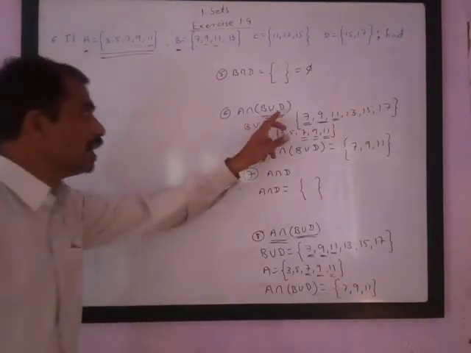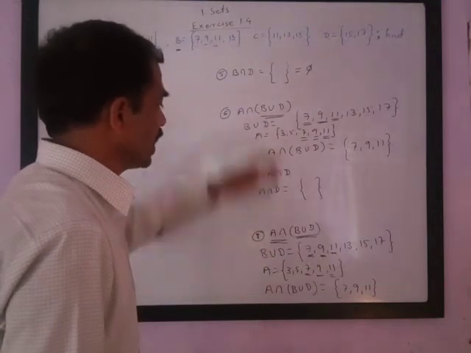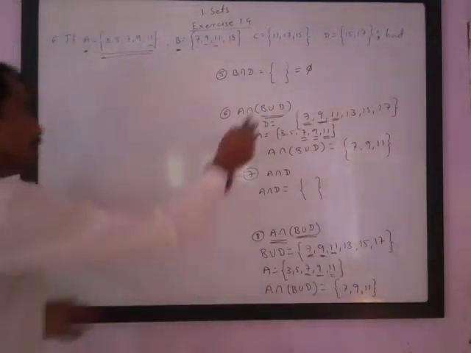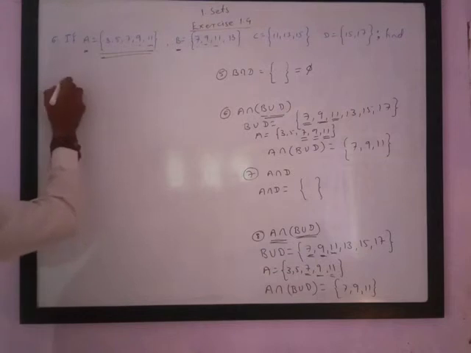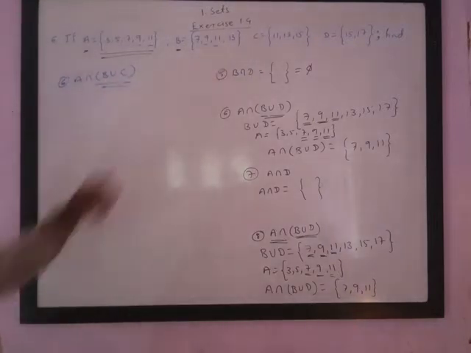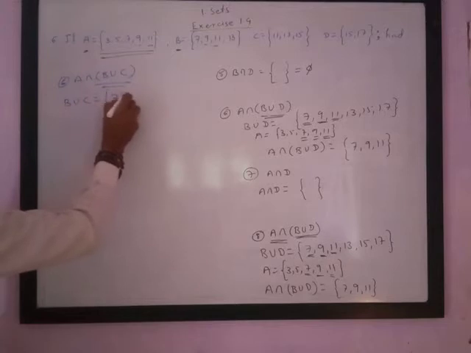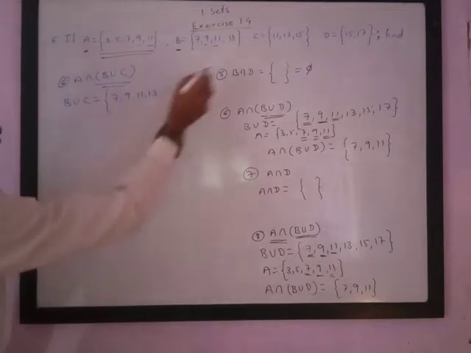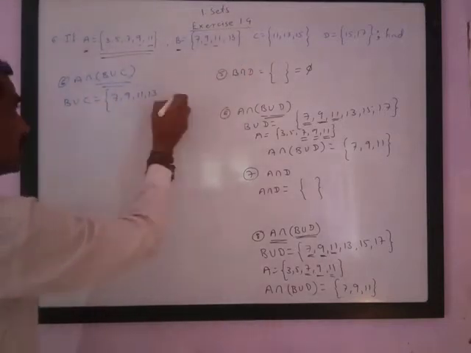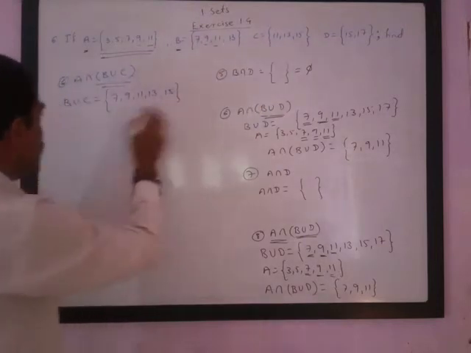Sixth question, while writing I made a mistake. A intersection B, it is not the 6th and 8 I have written same. So here the sixth question is A intersection B union C. For this we will need B union C. Now B union C is equal to the set of 7, 9, 11 and 13, and C is 11, 13, 15. 11 and 13 are already present, so we will not repeat them. B union C is this.